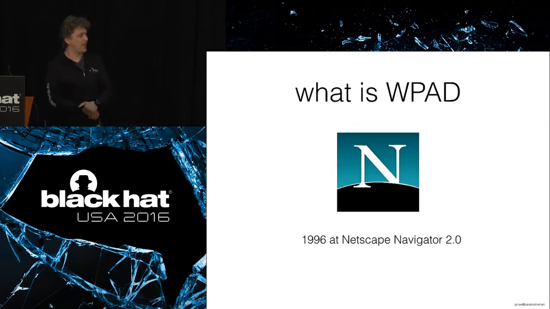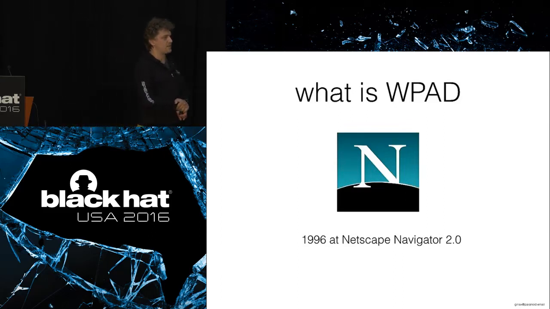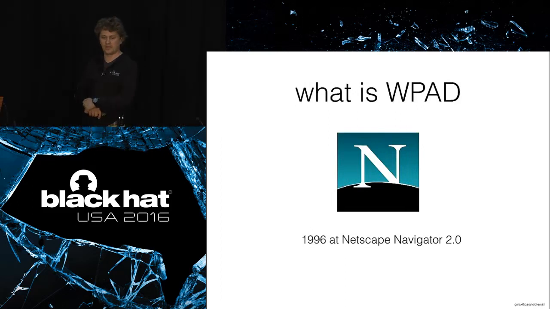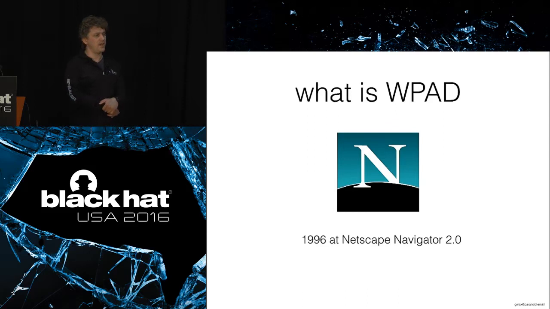So the BadWPAD protocol came to devices and software in 1996 when Netscape Navigator 2.0 was released. At that time this was quite an advanced technology to let people go to the internet when you join a corporate network. For example, when you bring your device into a corporate network and you don't want to interact with the IT guys, or IT guys don't want to interact with you, this protocol was really helping. So basically you have your device connected to the local network, and your local network gives you information about how you access the internet, what proxy settings to use. And this is all about that.